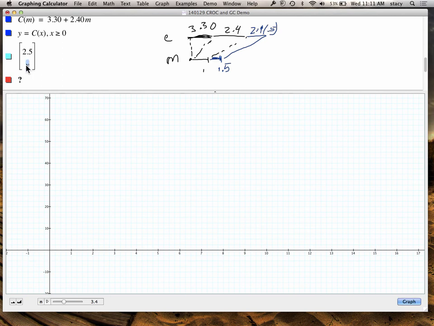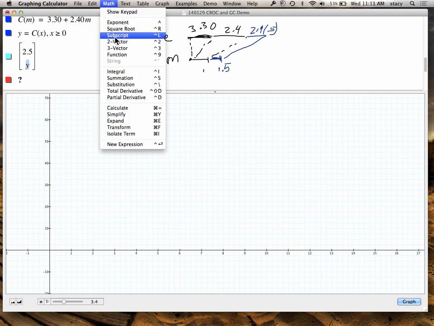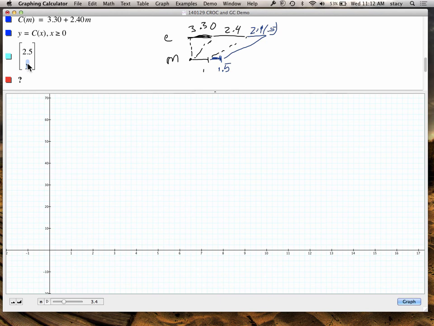Should I sit here and add up all of those values on the top line? I went to math and 2 vector. Okay? And this will be in a document that I'm going to be putting on Blackboard. But do I need to add up all of these numbers up here? That sounds annoying. What could I do? So the y value should be C of what? 2.5. No need to do those computations